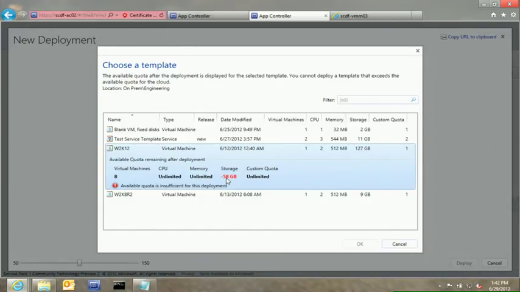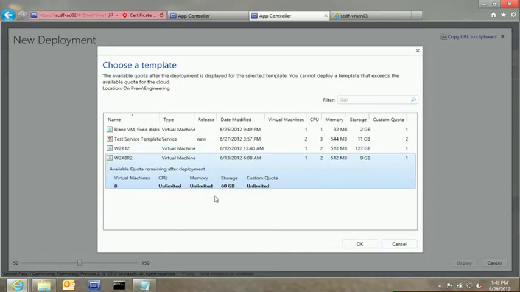I can go into Service Manager and send a request to my administrator and say, please, I want some more storage so I can deploy this Windows Server 2012. Or I could go and delete some of my other virtual machines and free up storage so that I was able to do that. So if I pick Server 2008 R2,